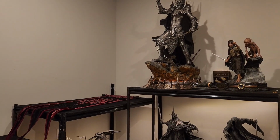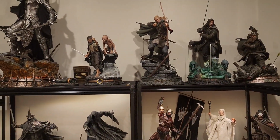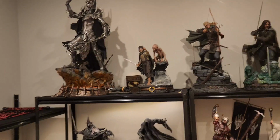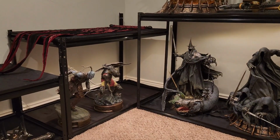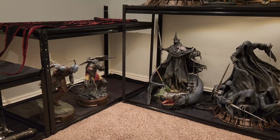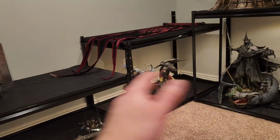I'm going to figure it out, but for now I'm actually going to display Frodo right there. I think that looks good, just having an entire Prime 1 line. It's crazy how tiny Frodo is next to Sauron. And then, as you can see, the orcs look good. I have plenty of height space still, and they're about 20 inches tall. So this is definitely the best route to go versus having them the exact same and not being able to